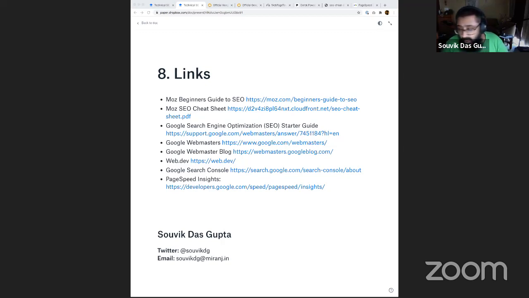wherein lots of SEO organizations would try to put backlinks toward their own website, because back in the day, one of the factors that search engines used to rank your site was how many other websites are referring to you. If they have a link to your website, then there is a very good chance your website is a popular site, and it must be a good site. That's why so many people are linking back to you. But very soon,